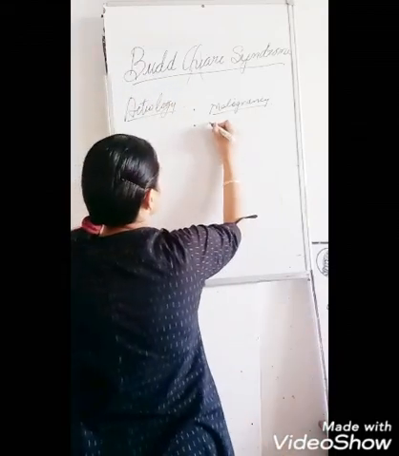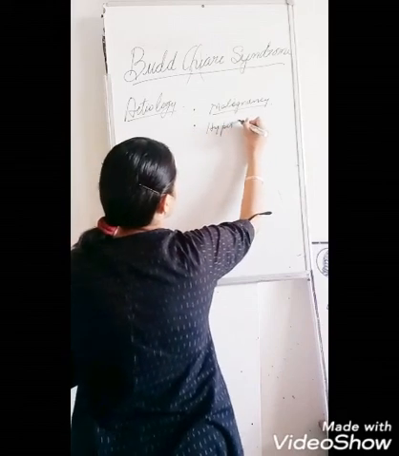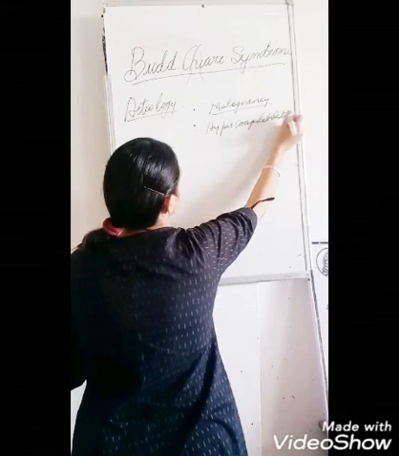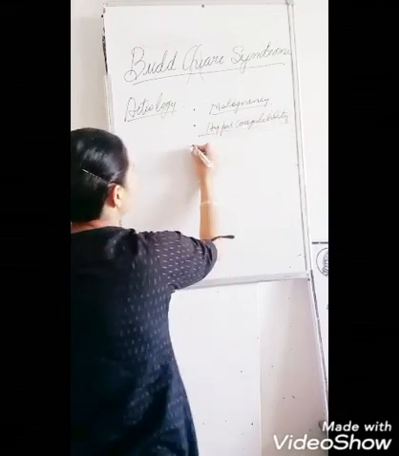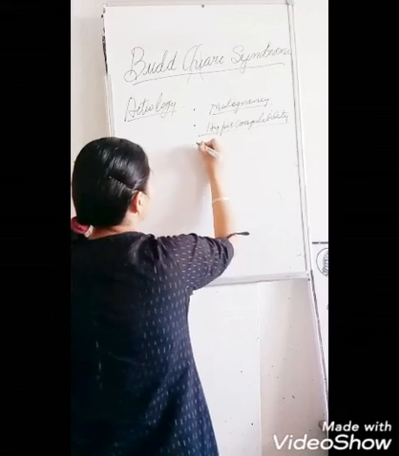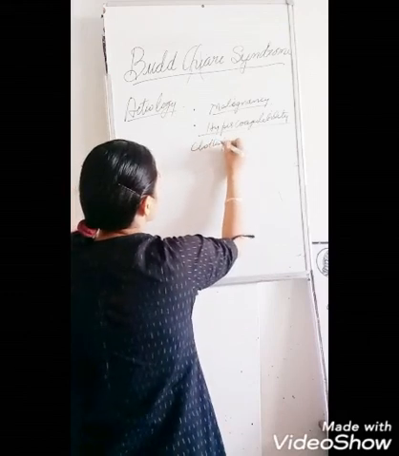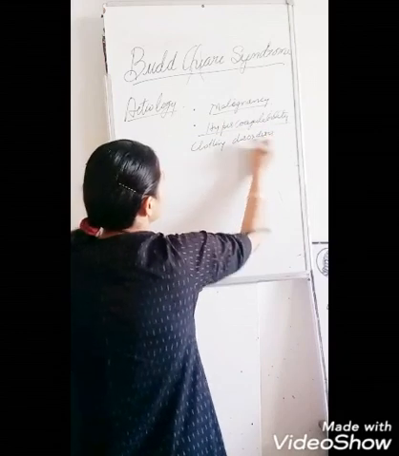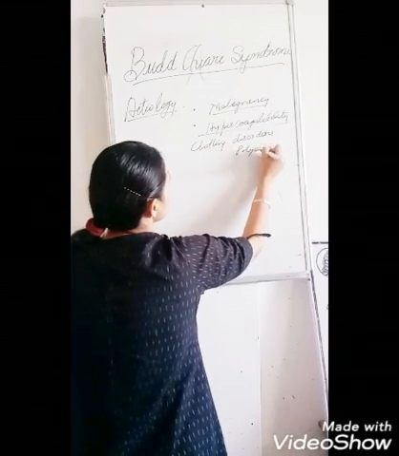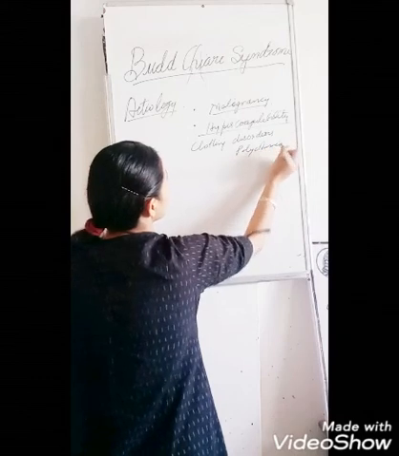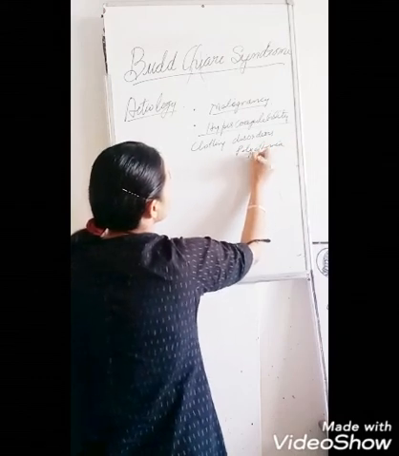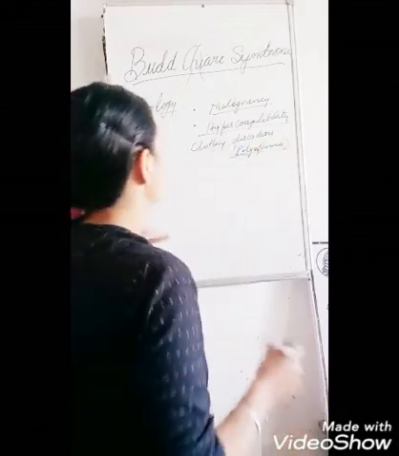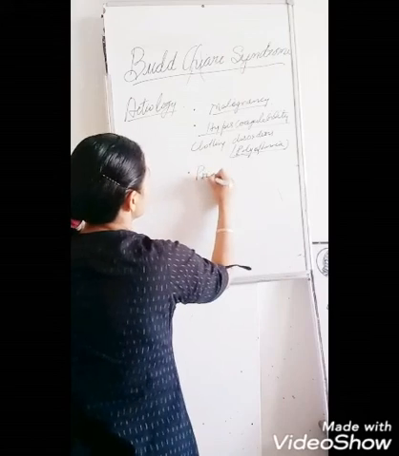Then there is a hypercoagulable state, like clotting disorders, such as polycythemia, which is a disease. Clotting disorders like polycythemia, pregnancy,